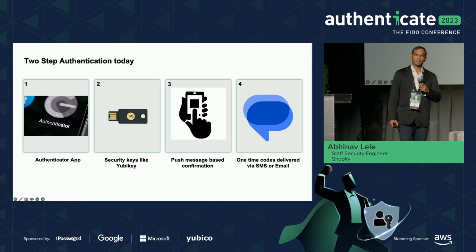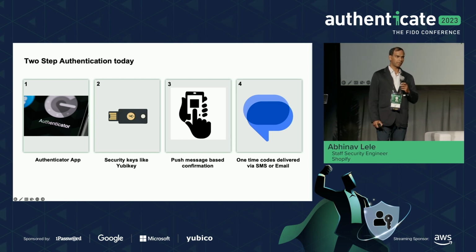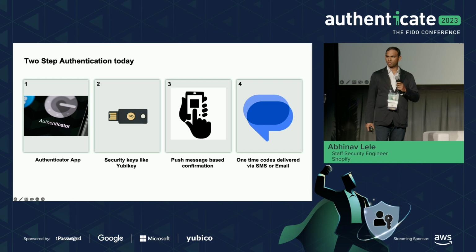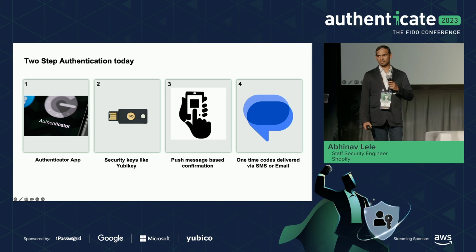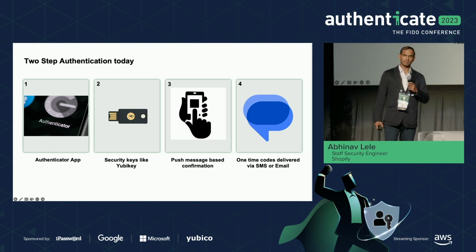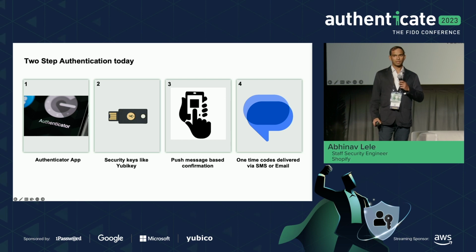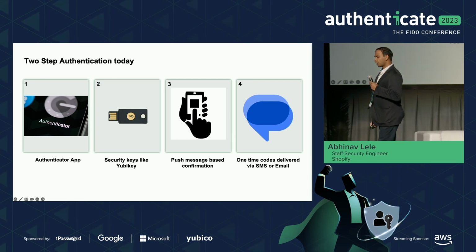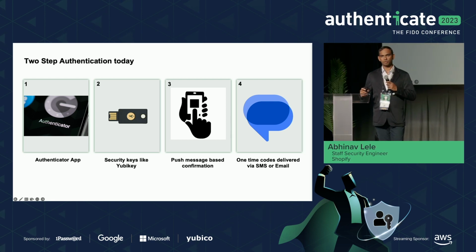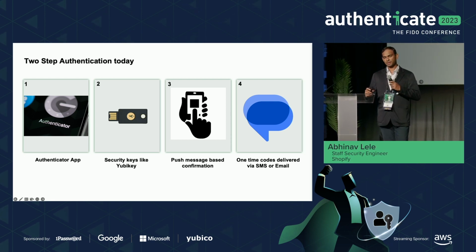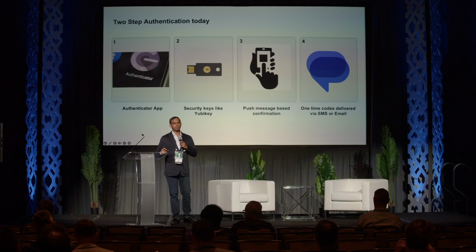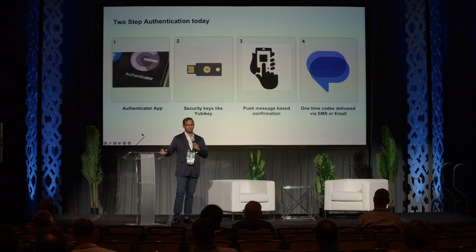So what are the common 2-factor methods that you use? I believe everybody would have a TOTP code generator on their phones. The other one is YubiKey, which is probably what everybody's talking about with passkeys. What I mean to say is you could use passkeys for your 2-factor. The third one is push-based messages. Everyone today has some kind of mobile phone where you have your app logged in to your service. You could always send a push message saying, you're trying to log in to some service, do you want to say yes or no? And that's as easy as that. You don't need to remember one-time codes. You just need to say yes or no.